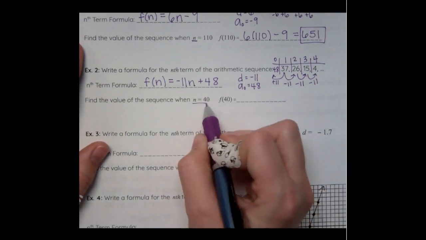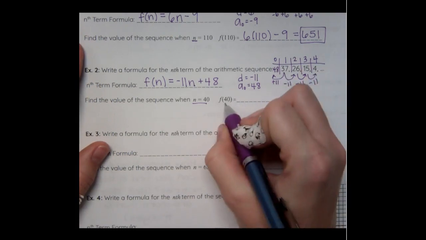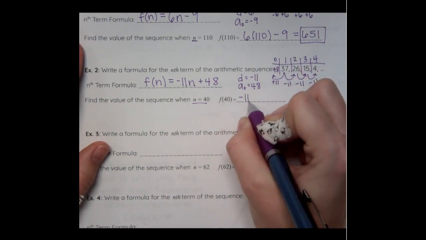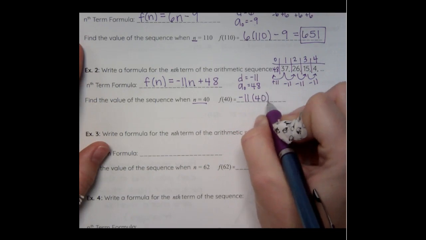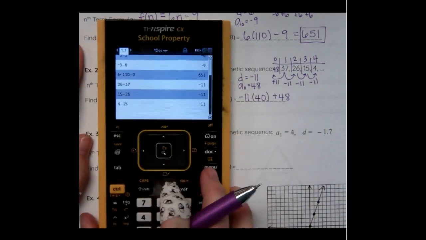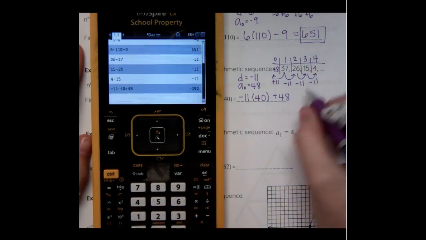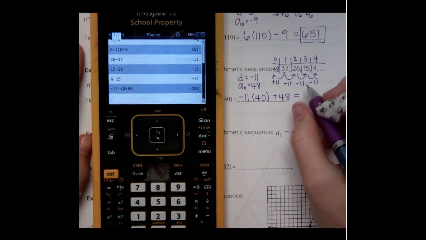So I'm looking for when n equals 40. I'm going to plug in 40 wherever I see n. So f of 40 equals negative 11 times 40 plus 48. So I'm going to go over to my calculator. Negative 11 times 40 plus 48. This one I get a negative